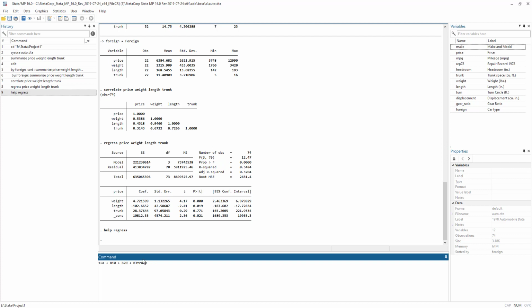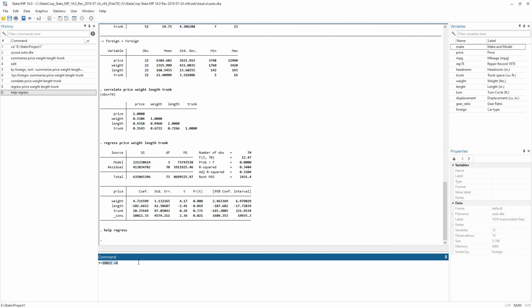If length was 0, again the answer would be 0, and this one 0. But we would be left with this constant. So if we add them up, this whole equation would give us 0, and then we have alpha. So the value of y would be 1812, which is equal to the constant.